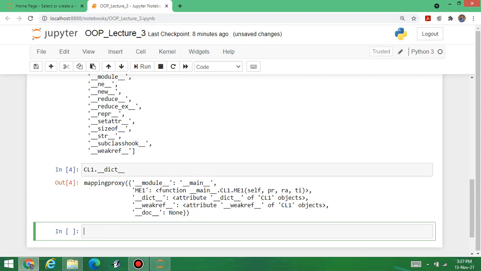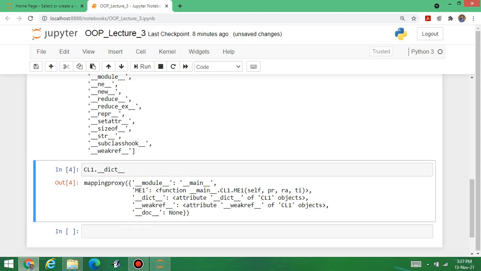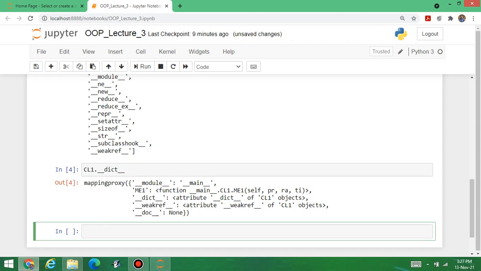Look at this one. ME1 function main CL1 dot ME1 used self, PR, RA and TI. These are the contents. You can see the parameters here and other values which are present by default. Similarly, you can find out the other contents also.